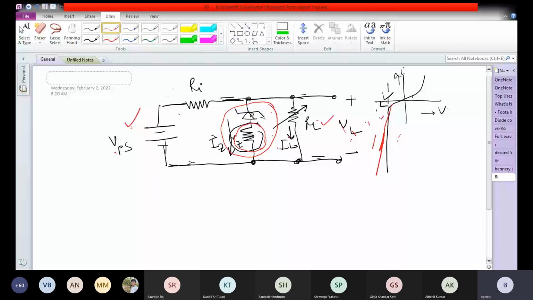Because this voltage does not stay constant as Vz, as we assumed before. It changes from Vz1 to Vz2. When you are here, at IZ min you are at Vz1, and when you are at IZ max, you are at Vz2. Because of this variation, the output voltage will vary somewhat. It is not going to vary a lot, because this line, the red line here, it is still almost